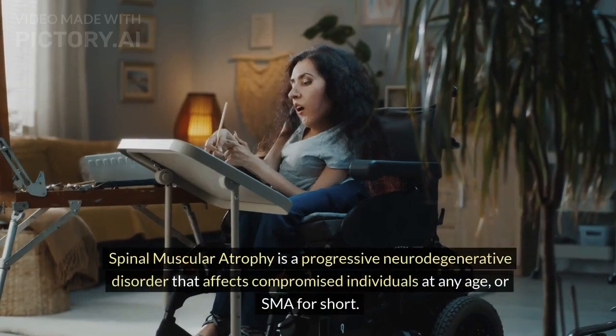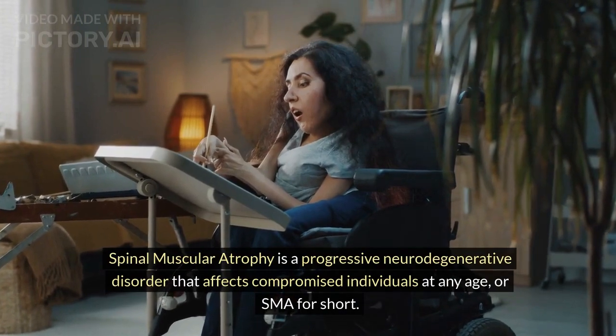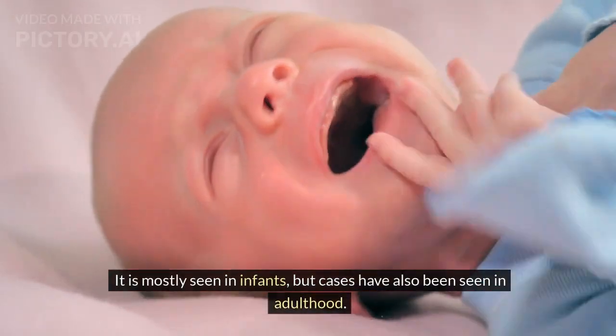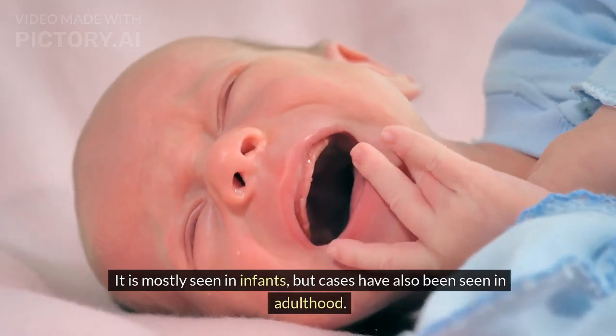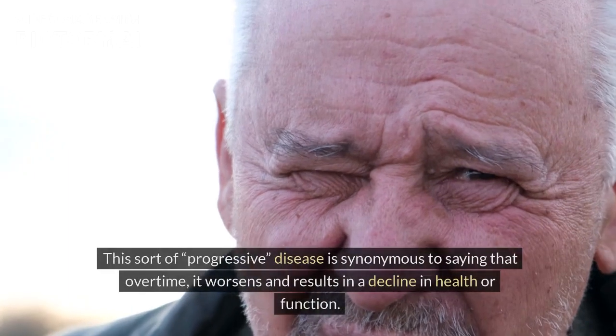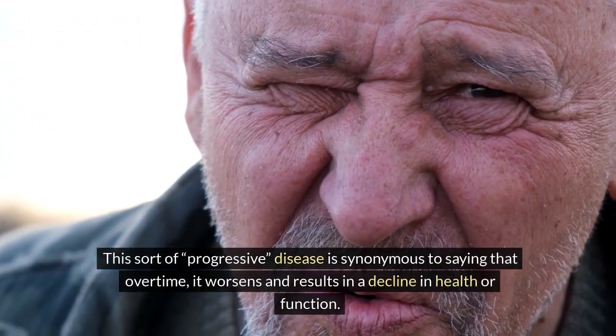Spinal muscular atrophy, or SMA for short, is a progressive neurodegenerative disorder that affects individuals at any age. It is mostly seen in infants, but cases have also been seen in adulthood. It affects around 1 in 10,000 individuals every year. This sort of progressive disease is synonymous to saying that over time, it worsens and results in a decline in